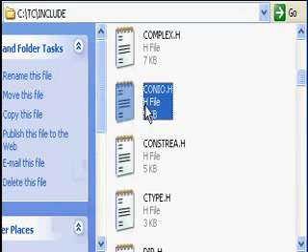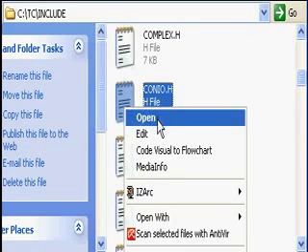This file is responsible for the execution of